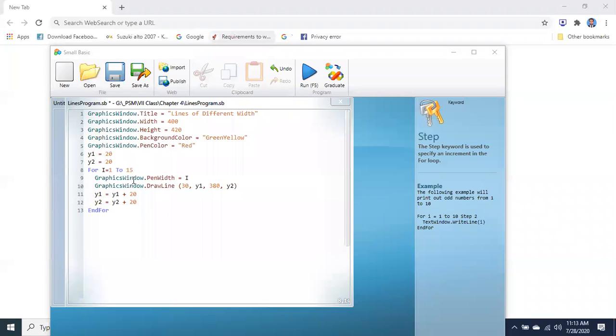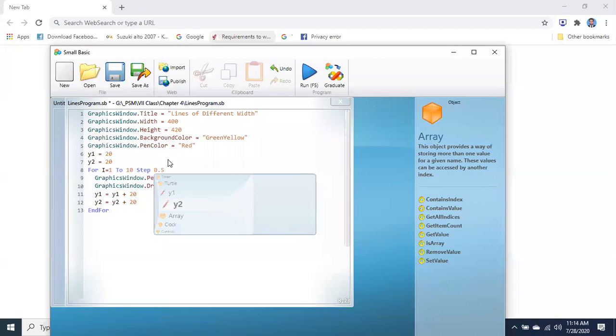अगर हम इसको पॉइंट करके बढ़ाएं 0.5, सो ये बुक में जो दिया हुआ है वो इस तरह है, from 1 to 15 नहीं है बल्कि इसमें दिया है 1 to 10. I am going to make some change over here from 1 to 10 step 0.5. मतलब we are not increasing the width by 1. हर बार 0.5 का इजाफा करें,